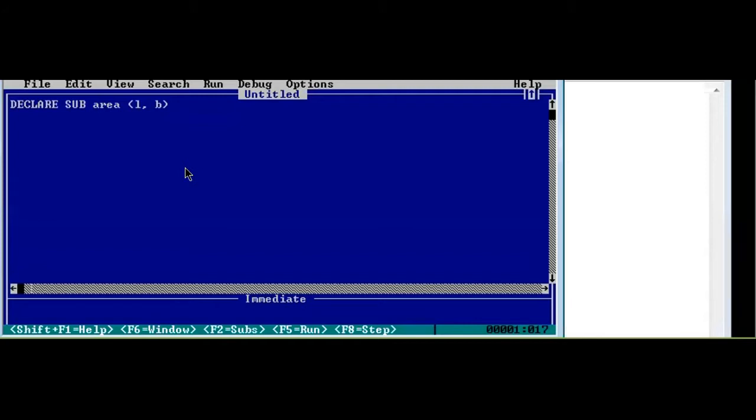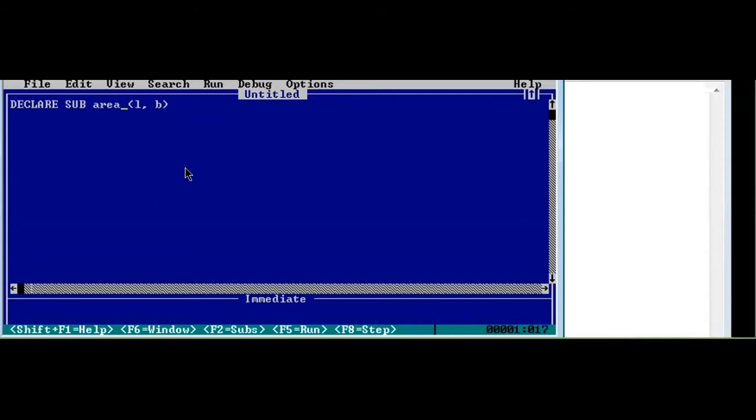You can write simply A also, no problem, but this kind of name doesn't make any sense, so try to avoid such naming conventions. Give one appropriate name. The best appropriate name is area.